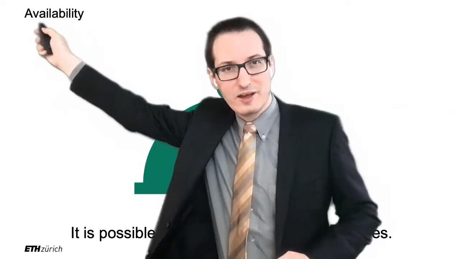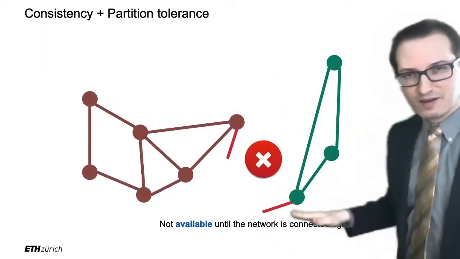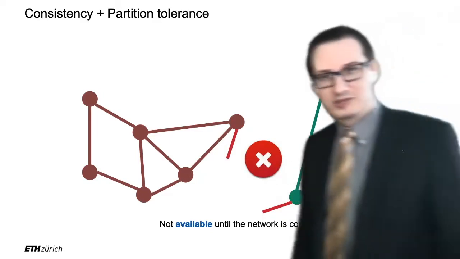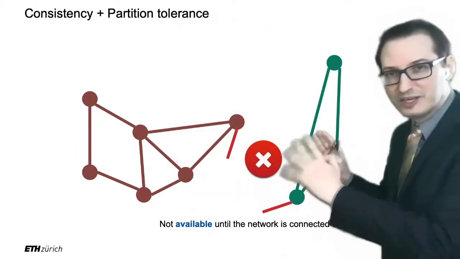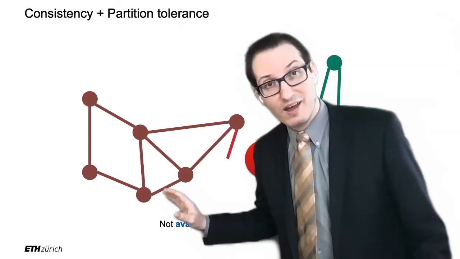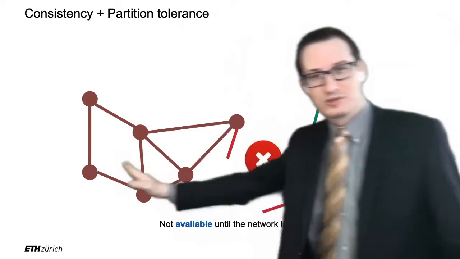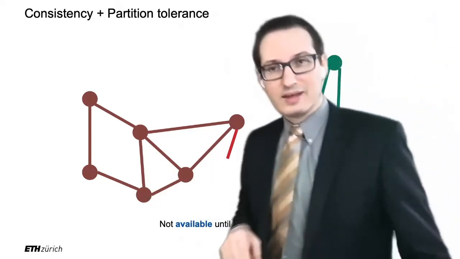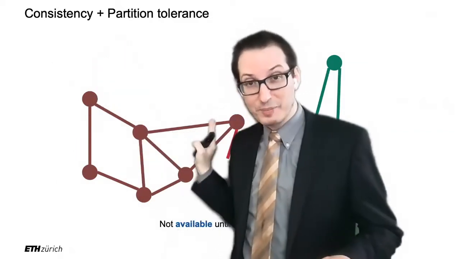So consistency, availability, and partition tolerance: the idea is that the system is designed to continue to work even in case of an earthquake. Right? And the idea of the CAP theorem is you cannot have all three. In that case, we have partition tolerance and availability, but we do not have consistency, because you get different answers. So this is called an AP system.